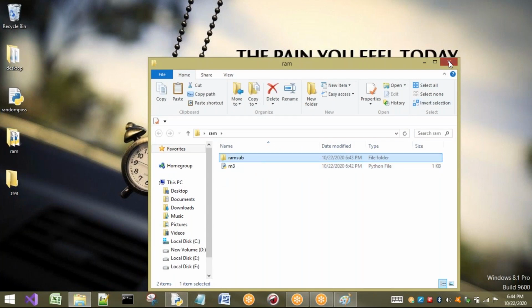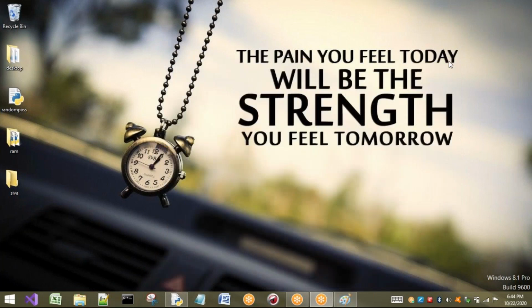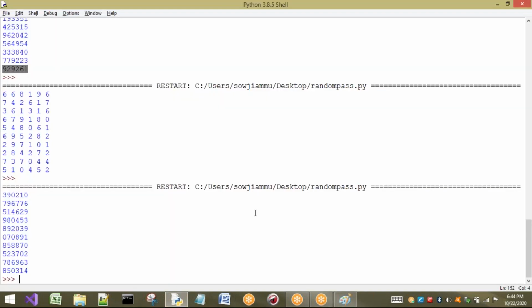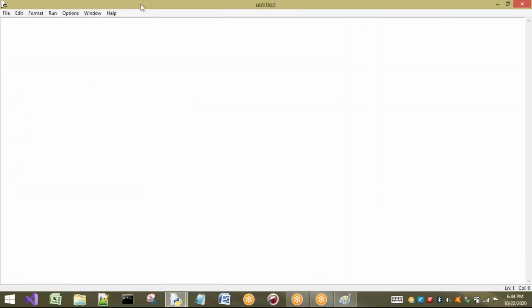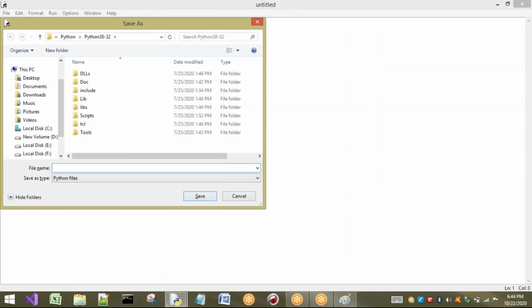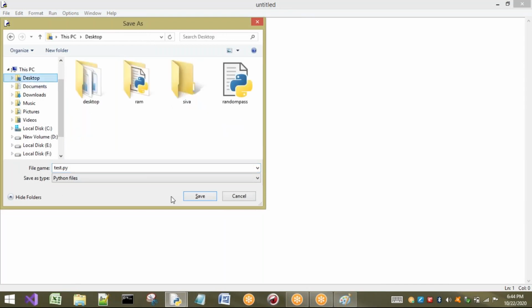Now observe carefully. I will write a small program to import all those things. I will take one more new file on the desktop, and name it test.py. For testing the packages concept, I am going to use this one. Observe. Now I want to access function 1. Where is function 1?